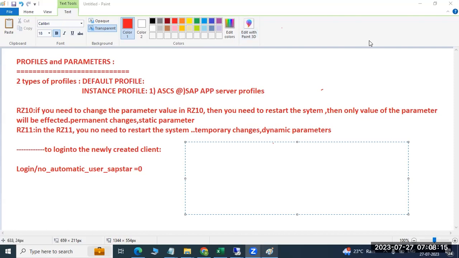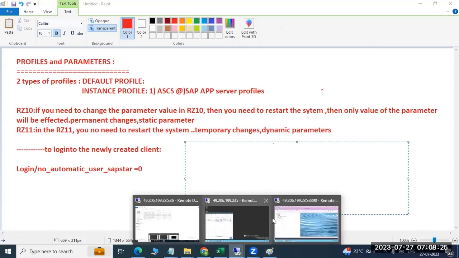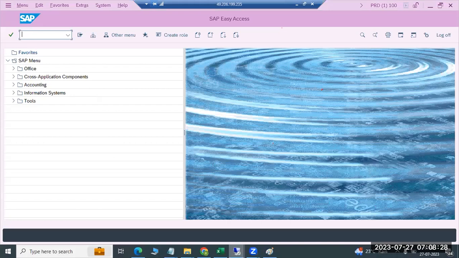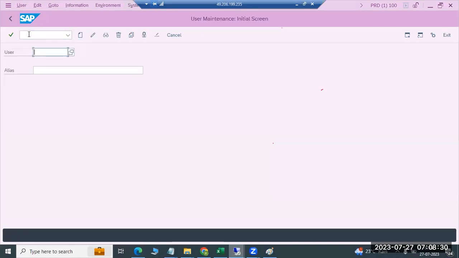Can you create the user ID at SAP level? You can use the basis user, that is fine. Or maybe Formula can help you with creation of all your user accounts in this PRD system. If she is not available, I will ping her. Umashankar, you know how to create the user IDs, right? You don't know? Okay, I will help you with the creation of all your user IDs. Otherwise, you can use the